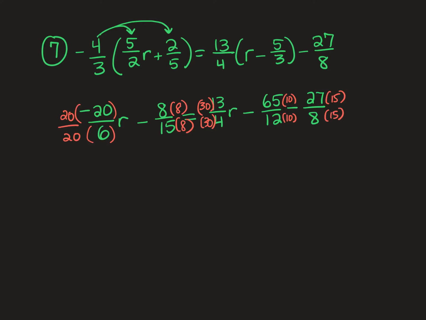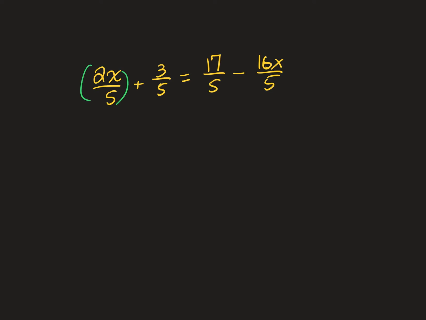But for example, just to give you an easier one to think about, if you had something like 2x/5 plus 3/5 equals 17/5 minus, let's say, 16x/5. So let's say you had that equation. That's a similar situation that you're going to end up with on the previous problem. So with that particular situation, if I multiply everything in this equation by 5 over 1, so I'm multiplying both sides by 5,